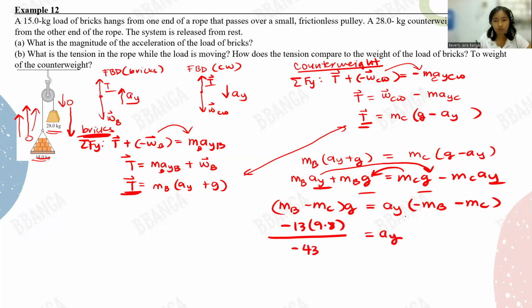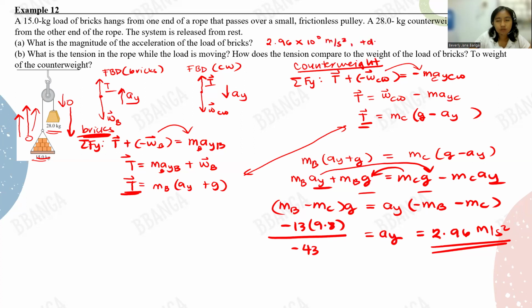So I have AY, which is 13 times 9.8 over 43. I get AY, which is 2.96 meter per second square to the positive direction. So yung acceleration ng bricks natin is 2.96 times 10 raised to 0 meter per second squared to the positive